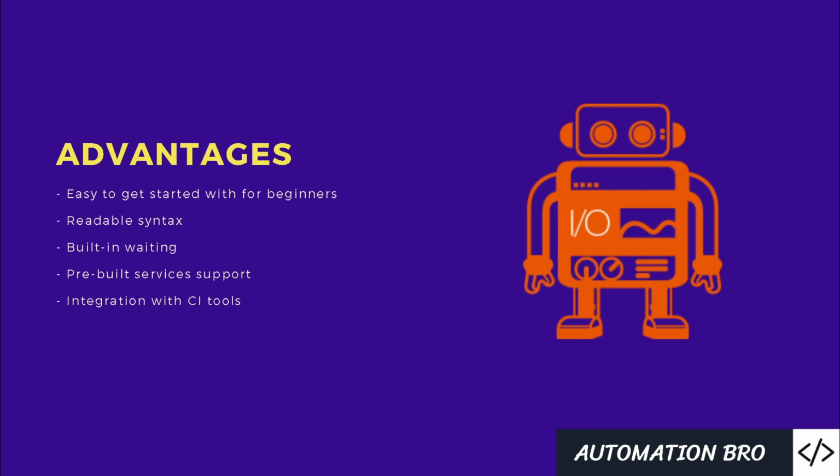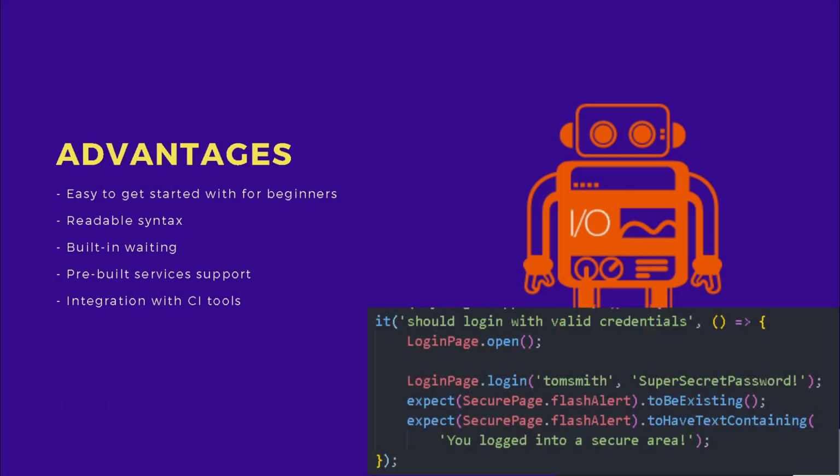So first off, it's easy to get started with for beginners. You can literally get your setup and installation done under 10 minutes and get your first test running in the browser. You don't have to download any browser drivers and figure out the configuration yourself. You can just run the WebDriver IO install and config command, which will do all the work for you. And another advantage is with WebDriver IO, you can use the sync mode, which will run all of your commands synchronously. And because of that, the readability of your code will improve significantly.